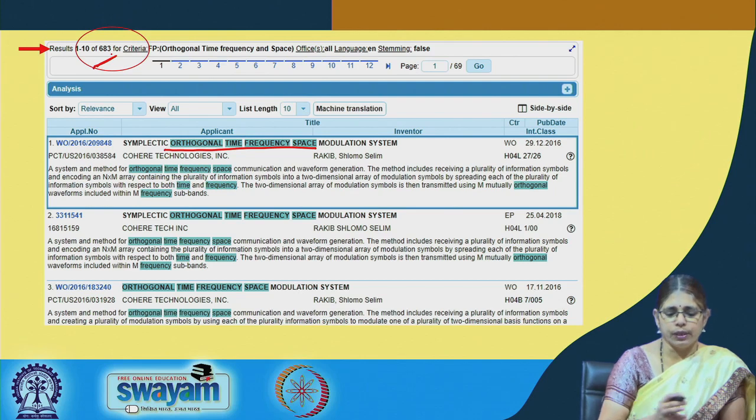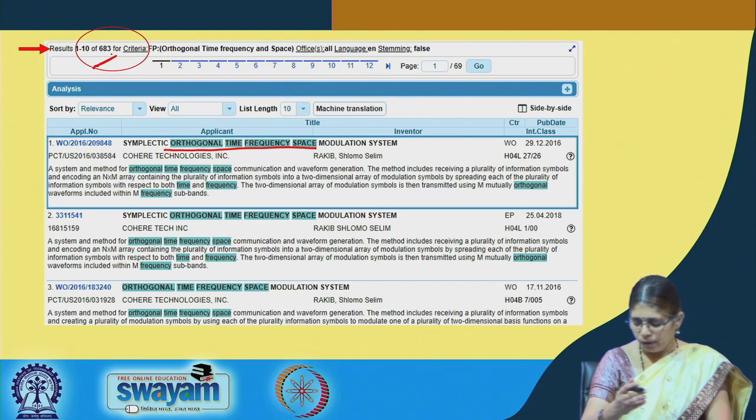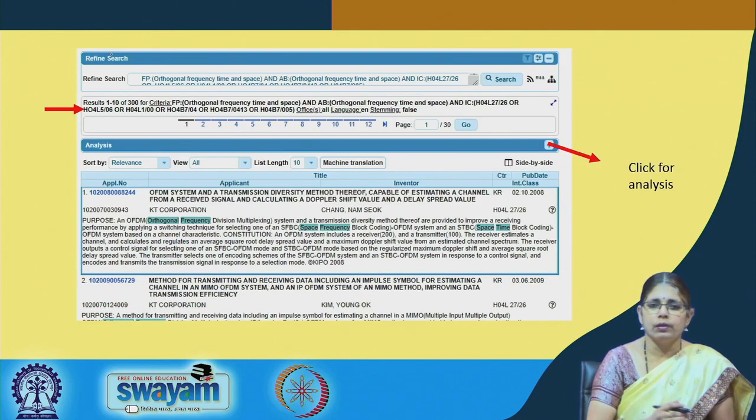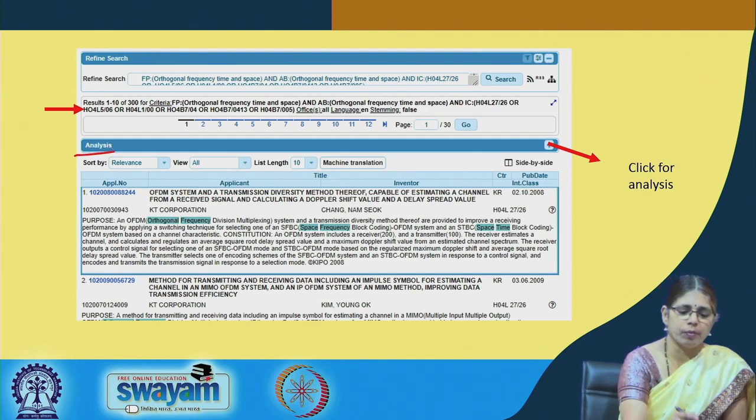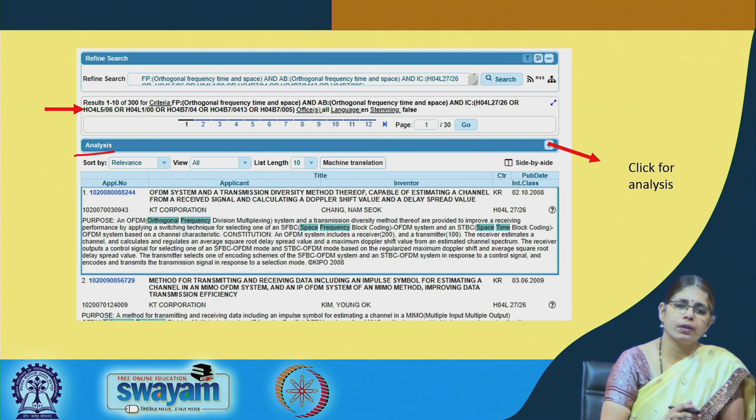One can actually refine this further based on several filters. There is an analysis option that is available under the analysis button in the WIPO database, which is the PatentScope database. Based on the general international patent classifications in this area, most of these belong to the code H04L.